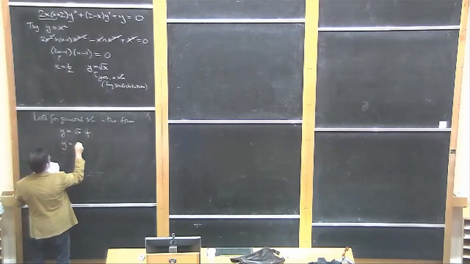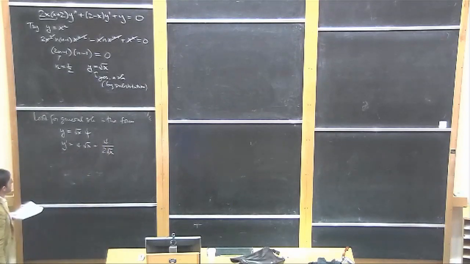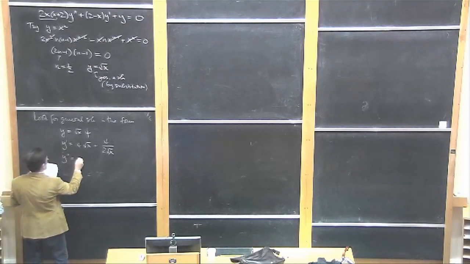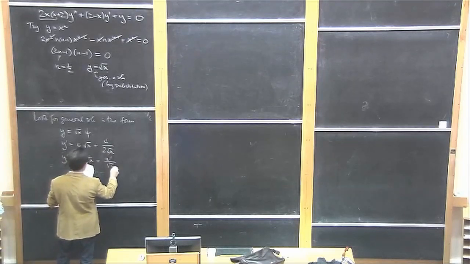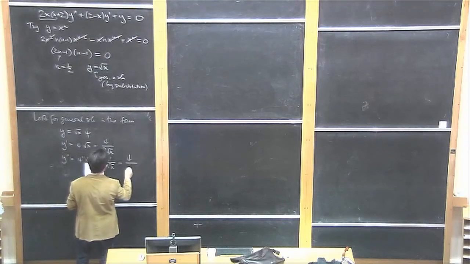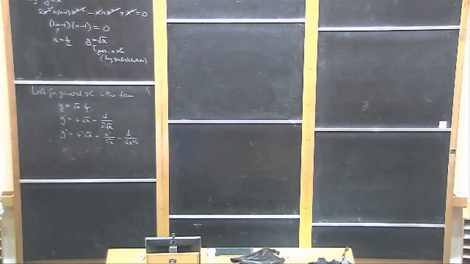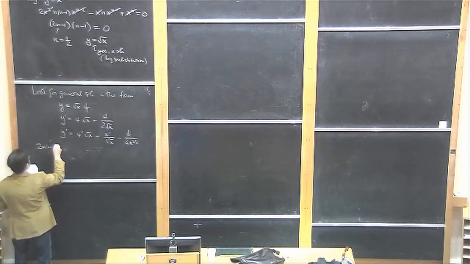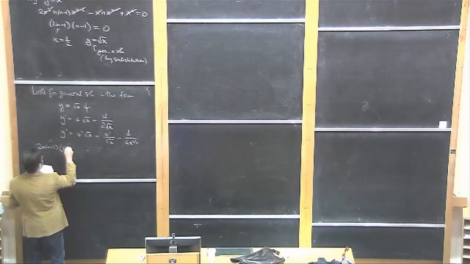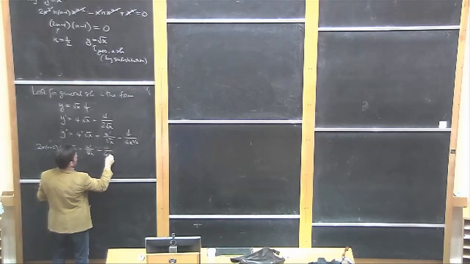Then y prime is psi prime square root of x plus psi over 2 square root of x. Y double prime is psi double prime square root of x plus psi prime over square root of x minus psi over 4x to the 3/2. I just differentiated that. So now let's substitute both of those things into the equation. So 2x, x plus 2 times psi double prime square root of x plus psi prime over square root of x minus psi over 4x to the 3/2